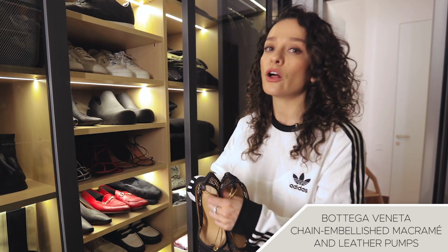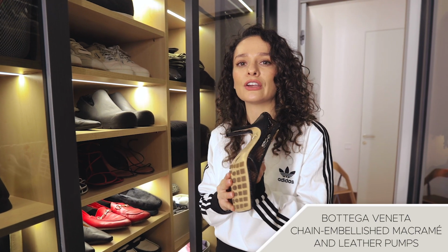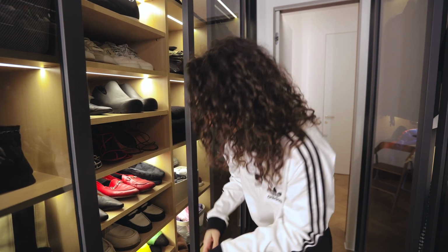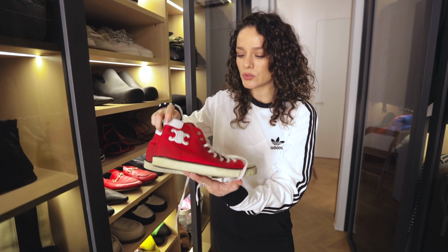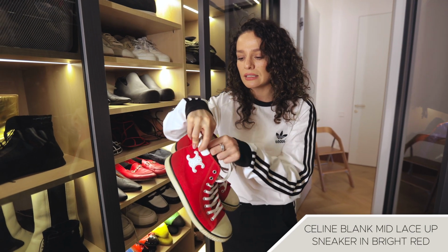I love them. I also would never sell them, even though I saw a lot of people selling them a year after they purchased these, because they kind of went out of the top-notch style for that moment, but I love them. The next pair of shoes are really dirty actually, but that's just the reality of me wearing shoes. These are a pair of Converse Celine